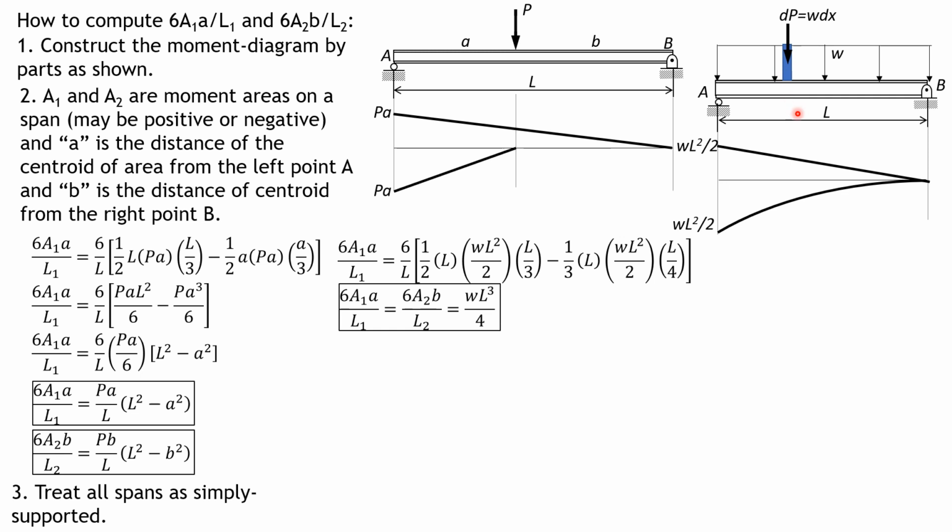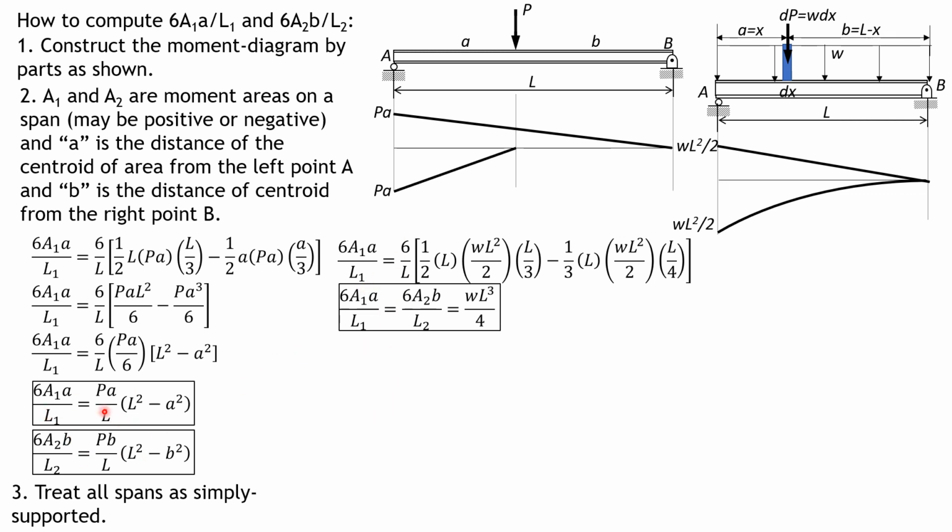The distance of the center of the strip from the left, we will call that in general as x. So x is imagined as A, then B is L minus x. So by integration,